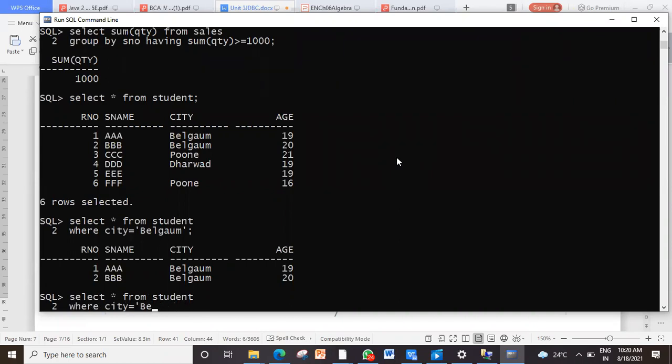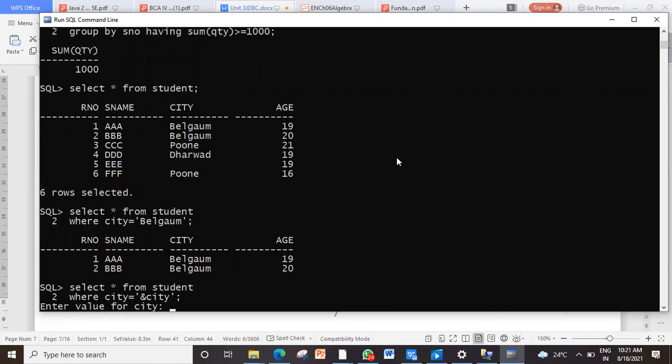Where city equal to, what I have done? So I press enter. What will happen? It will ask the city name from the user dynamically. So I may give Pune.